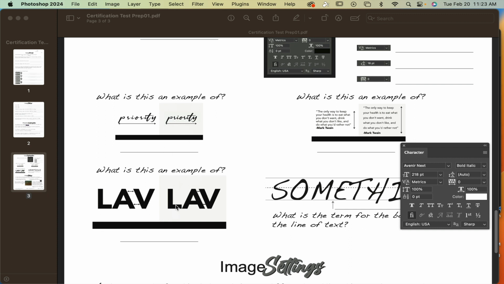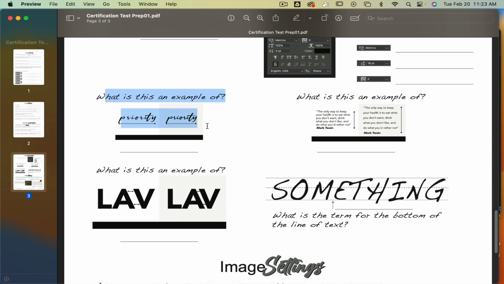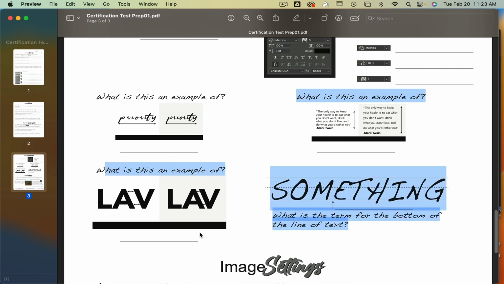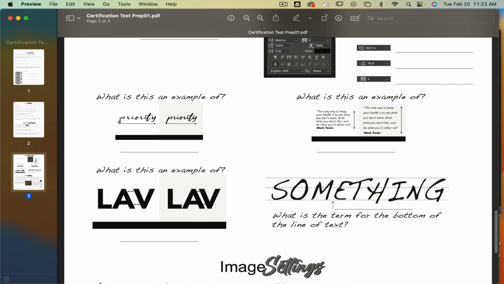So this one up here and this one right here, between priority and LAV on your handouts, they're two different ones. What is this one at the top? What do you guys think? Tracking. This one at the top is called tracking, and the one beneath it is called kerning. Wait, the one above is what? Tracking. The word priority, that setting is called tracking, and the LAV, the one beneath it, that example, that is called kerning. The difference between those two is that tracking,